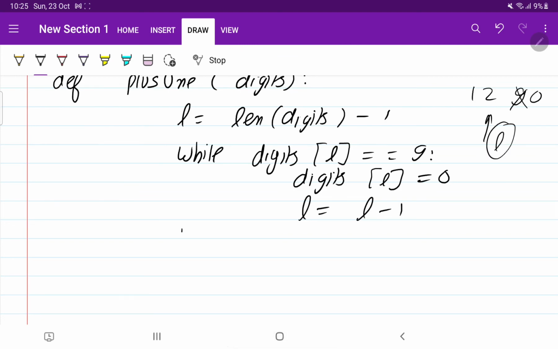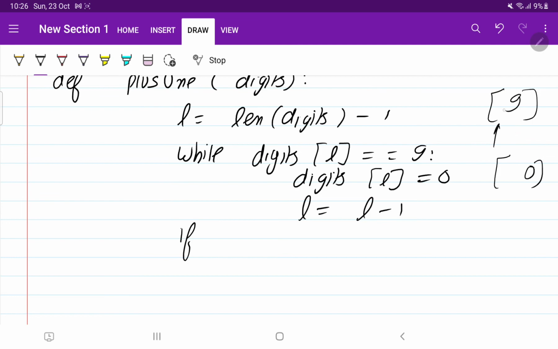Okay, here we will apply the condition. If L is less than 0, suppose here there is no element, suppose here 9 is there, so we came to here and we made this element 0. Now we try to move one step backward.